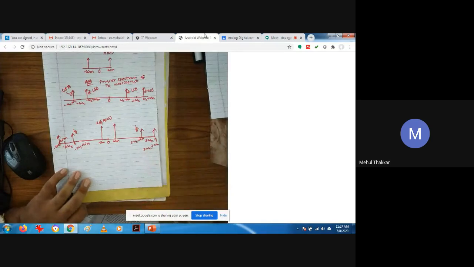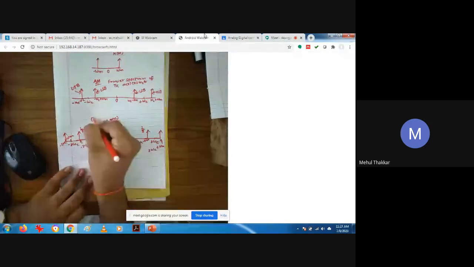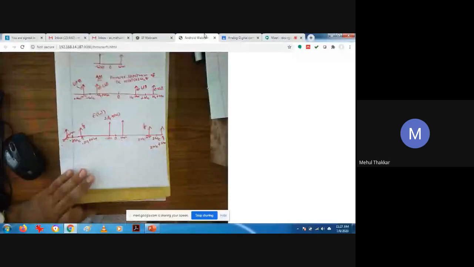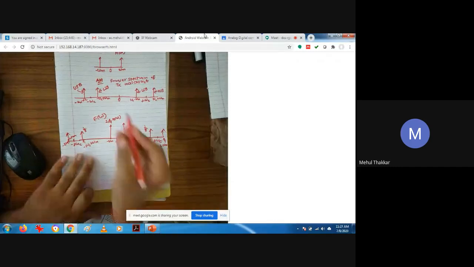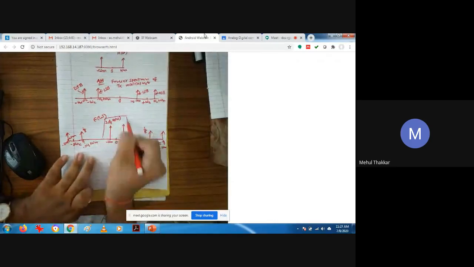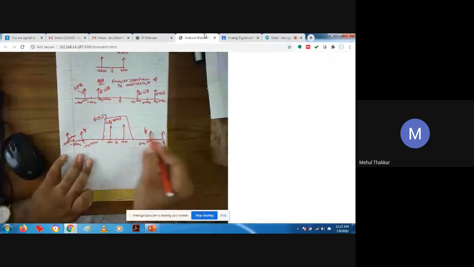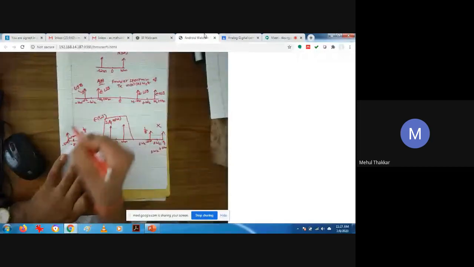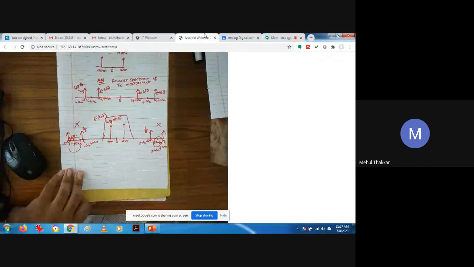So this is the ultimate E(omega) which I told you to draw. This is how you have to find the Fourier spectra of the AM wave, and this is E(omega). After E(omega), we apply the low pass filter. We pass only this portion, and the portion centered at minus 2 omega_c and plus 2 omega_c will be removed. This is how you can demodulate.